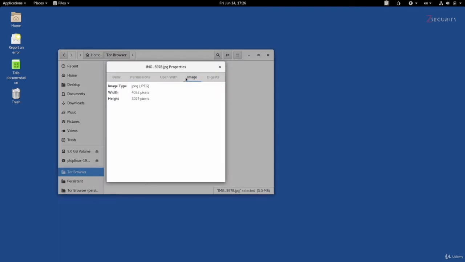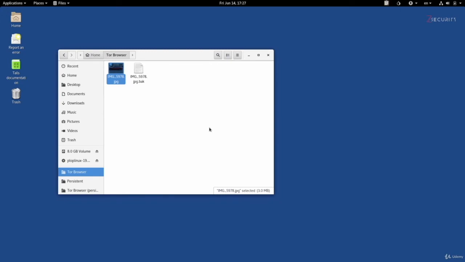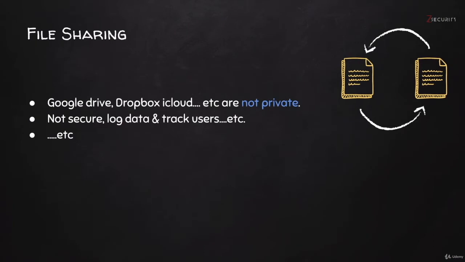And if you go to the Image tab, as you can see, we won't see any information related to me, to the person that created the image. So we don't see the font type, the camera type, and the time it was created, and so on. Now, once you have the image cleared, you're ready to share it. So you can go ahead and use one of the file sharing services that we already know on the ClearNet, such as Google Drive, Dropbox, and so on.